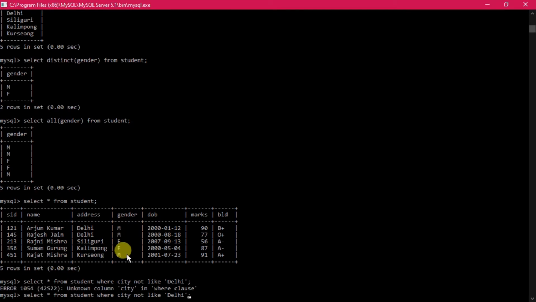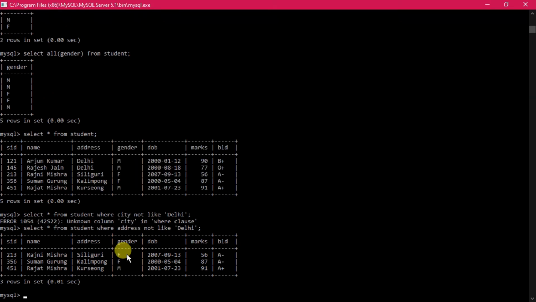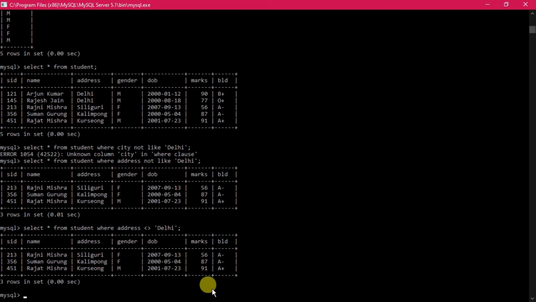Not city, it is address actually. So where address not like 'Delhi'; that is the command. It can also be given by using the not equal to operator, and the identical result comes.